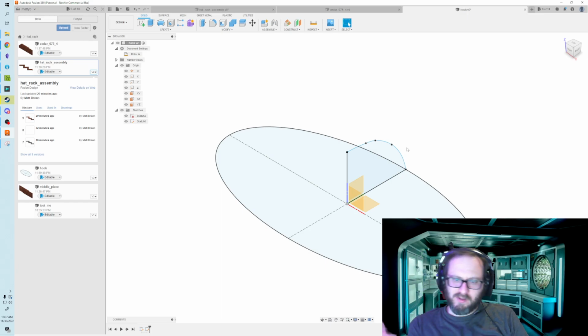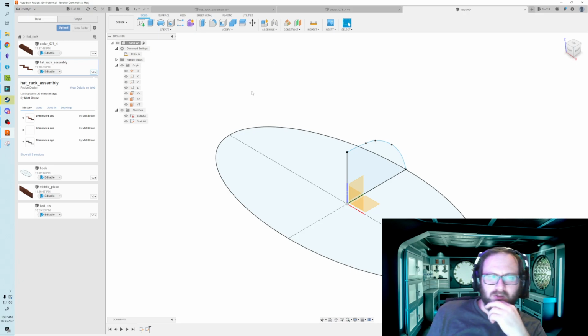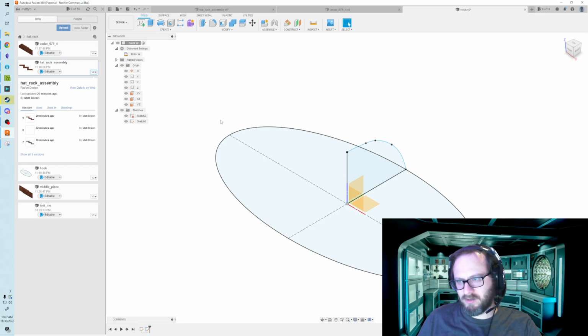So I wonder if there's something like revolve around. Hmm. Interesting. I thought I would know how to do this, but I do not. And it's definitely an ellipse shape. So a revolve isn't going to do the right thing. A revolve is just going to make it circular. Hmm. How would you do this? Wondering if there's like a... Oh, but